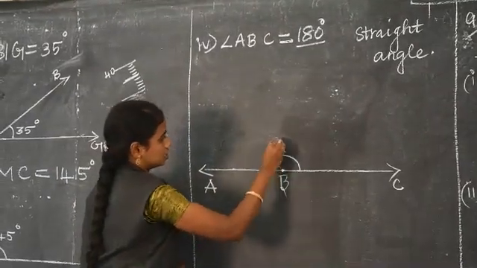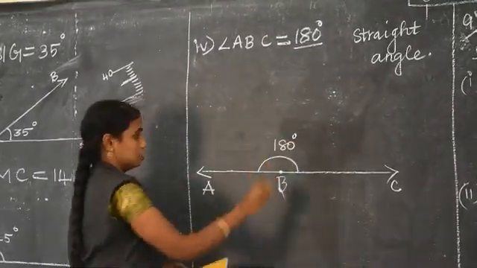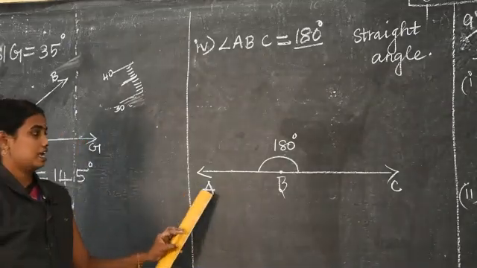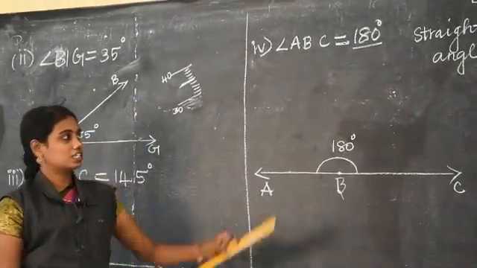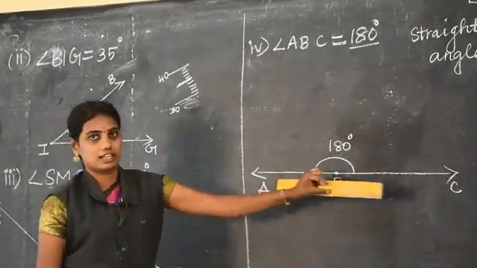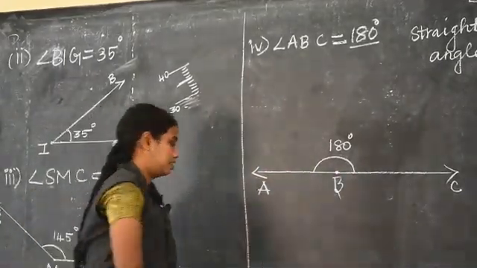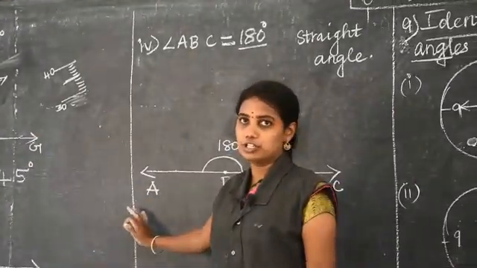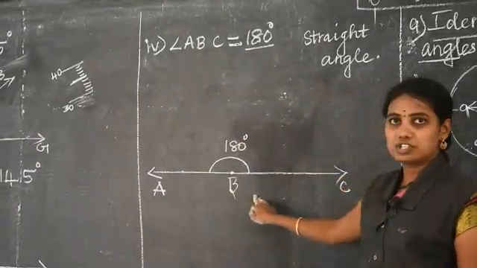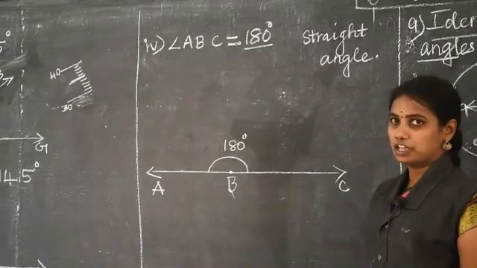Now write as 180 degree. Okay, so angle ABC is 180 degree. Okay, clear everyone? Straight angle, straight line. It has to be straight. Okay, this is over. 10 mark is over. Only 4 options. Steps of construction I will send through the WhatsApp. You can write by your own also.